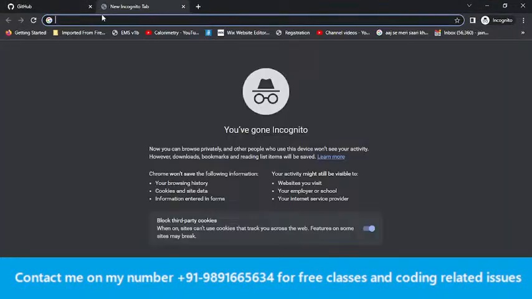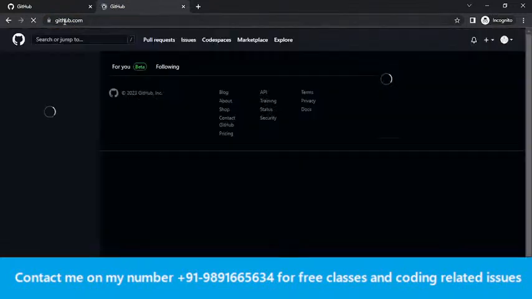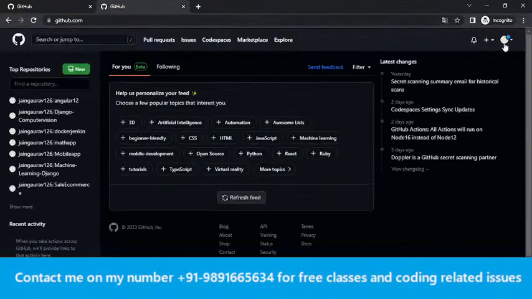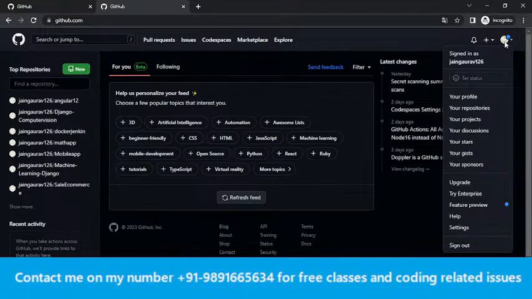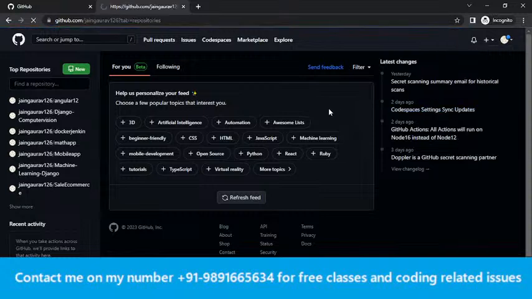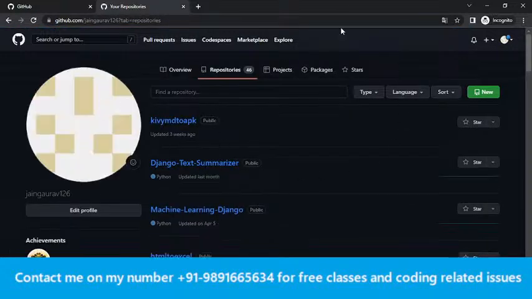So what you have to do, you have to first come on github.com, okay, and you have to create your account on this platform. And once you're done with creating your account, you have to just log in into the platform, and it will redirect you to a page like this where if you click here, you will see an option called your repositories. Fine, so you need to click on your repositories, and it will redirect you to a